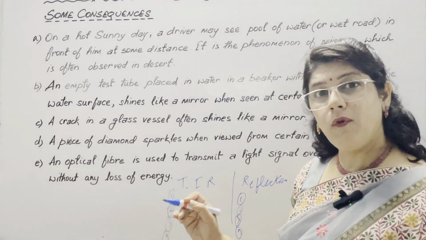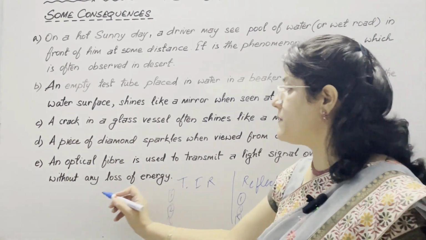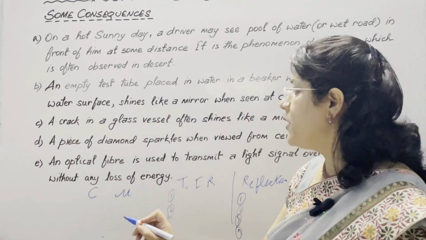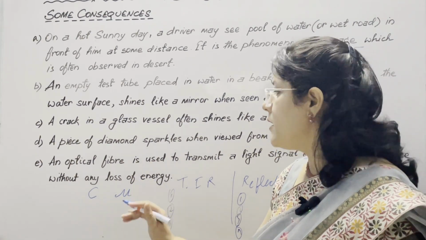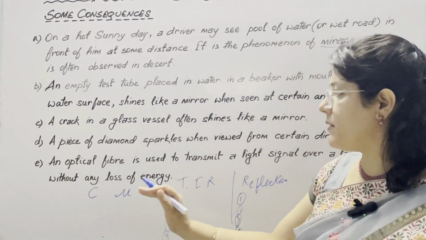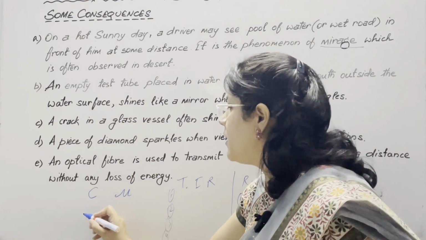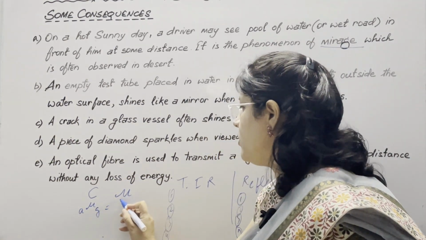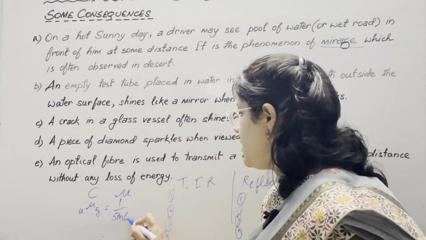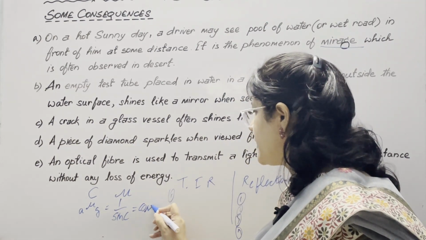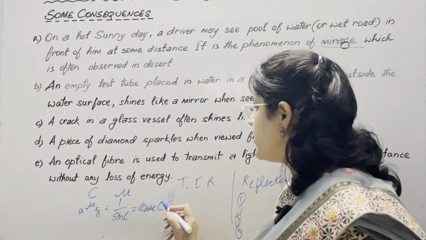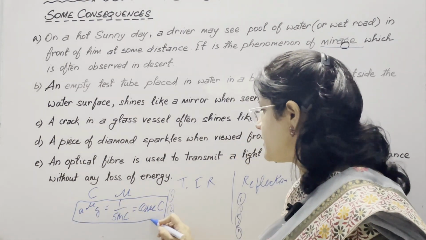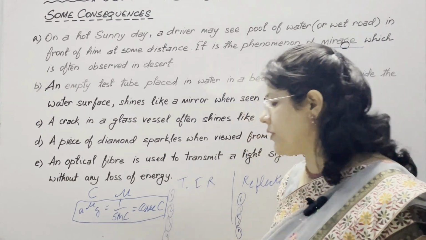Last question which I want to discuss with you is the relation between critical angle and refractive index. So derivation is not required. You just write the relation between these two, that refractive index is equal to 1 upon sine C or is equal to cosec C. You just need to learn this relation. Although we can derive it also, very simple derivation is there, but derivation is not required.